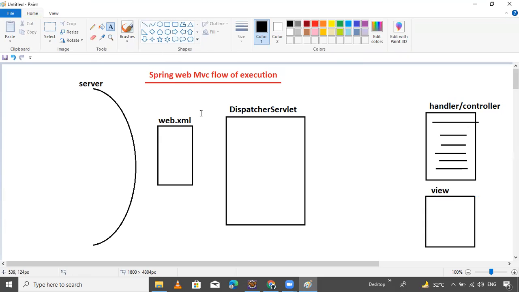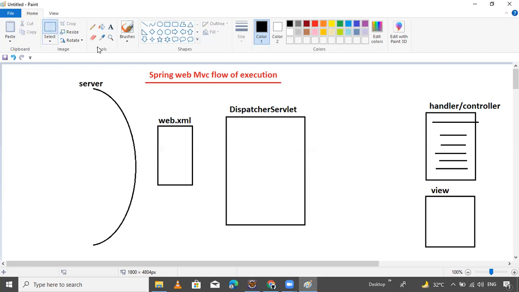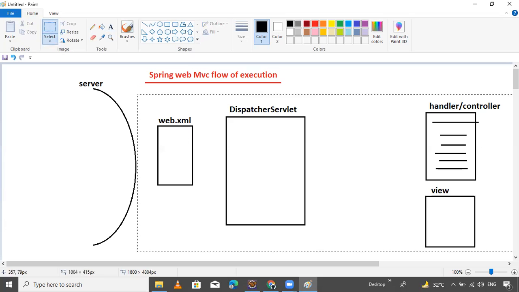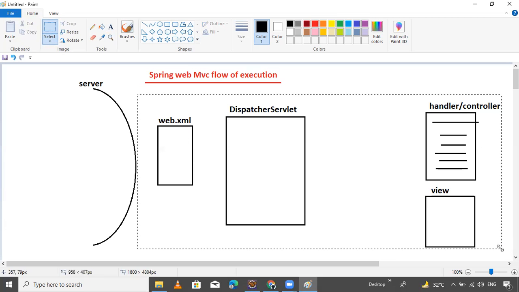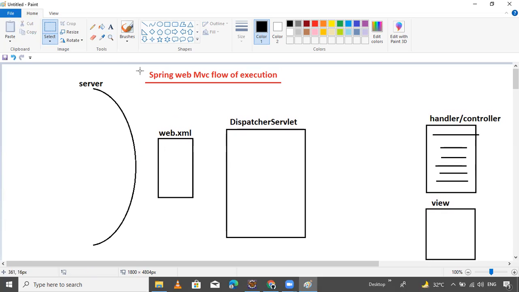Now, one minute. I want to drop. Okay, that's good. Now, I want to change the color like this.